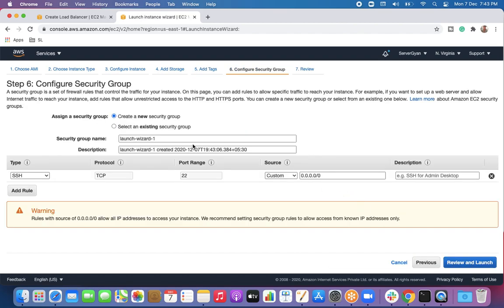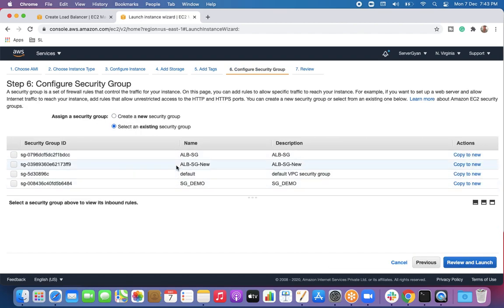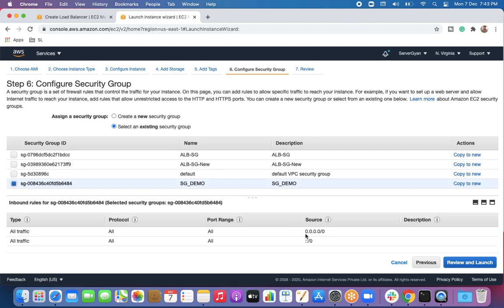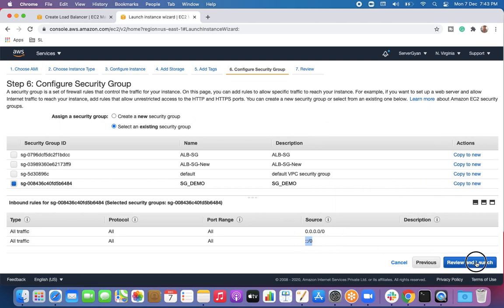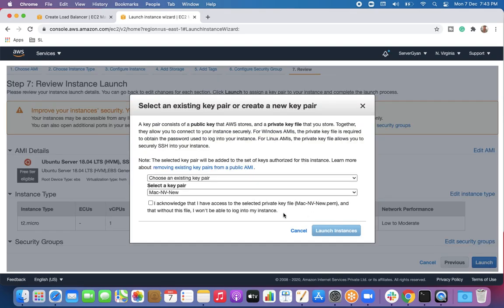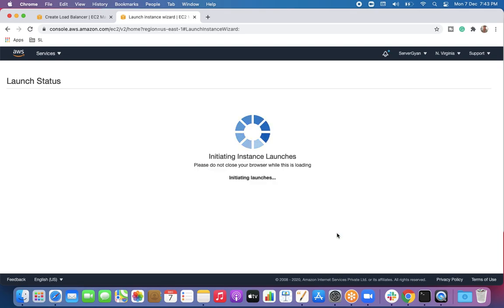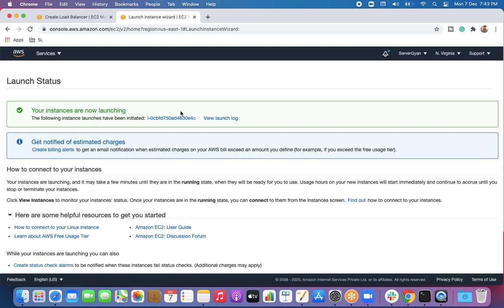Then we will configure the security group. Whatever IP addresses you want, you can select here. For now, I'm going to whitelist all the traffic, although this is not recommended for a production environment. But as this machine is for demo only, I'm going to allow everything on this particular instance. I'll hit launch, select my key pair, and that is it. It means I have one EC2 machine running in my environment.